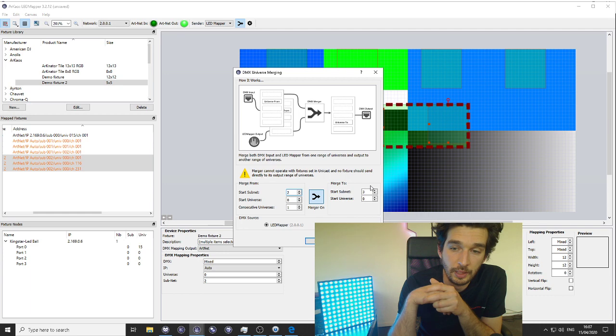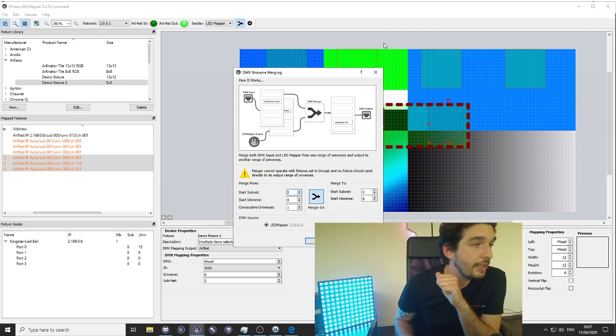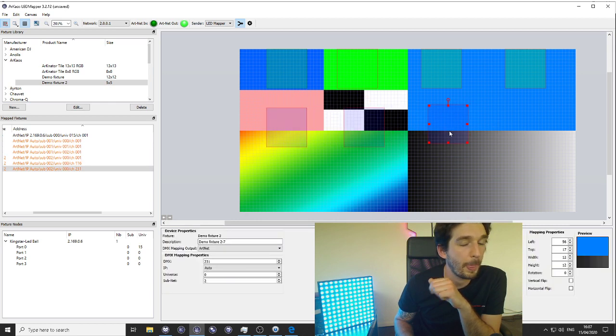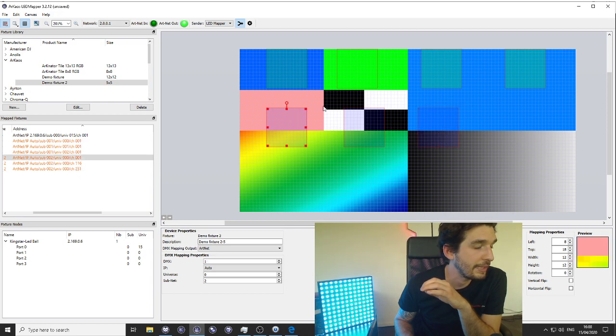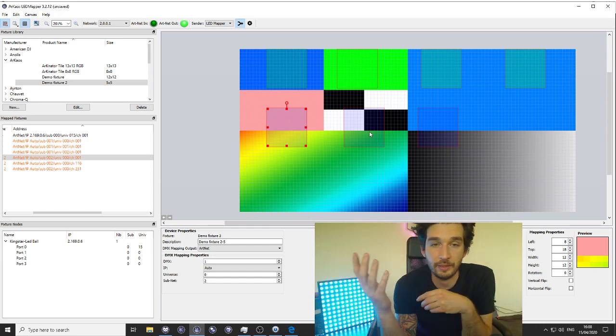The lighting desk needs in that case to have the same mapping, the same ArtNet and DMX mapping and addressing as that one right there. It needs to be copy-pasted the same from here and the same in the desk.